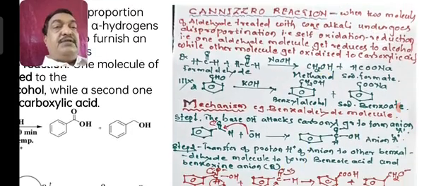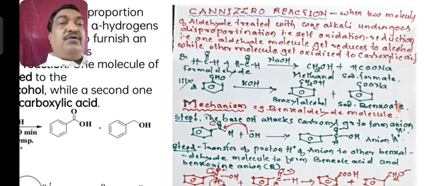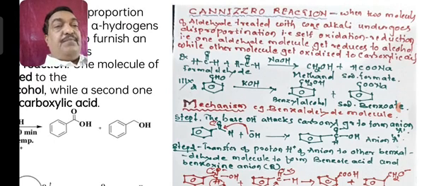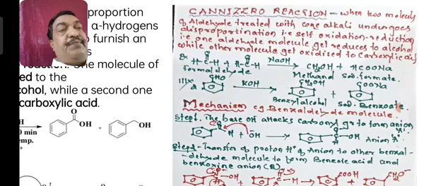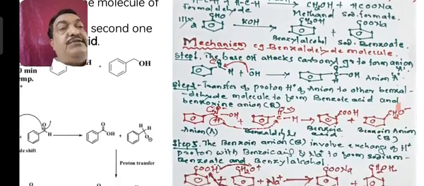Okay, so you can see, take two molecules of formaldehyde. One is converted into the sodium salt of formic acid. Another is converted into methyl alcohol, that is methanol. Similarly, benzaldehyde I have given here. So benzaldehyde on treating with NaOH or KOH for several minutes, one will be converted into alcohol, that is benzyl alcohol, and another will be converted into sodium benzoate. Okay, now let us see the mechanism.